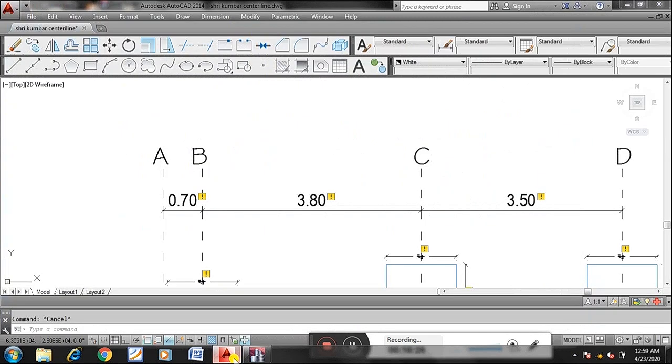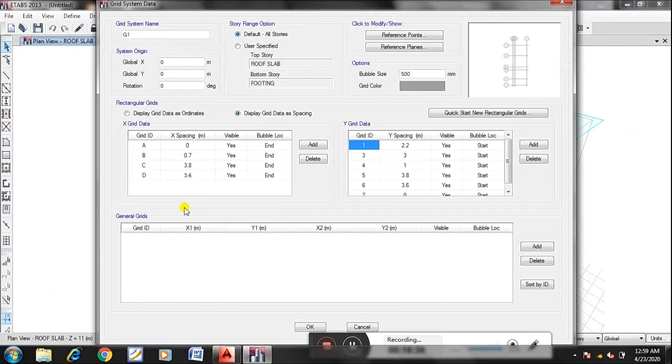So A is 0, B is 3.8, and C to D it is 3.5. I am taking 3.5 here. Here also, A I am taking 0, and I'll add 1, 2, 3, 4, 5, 6, 7, right? I'm taking spacing here.